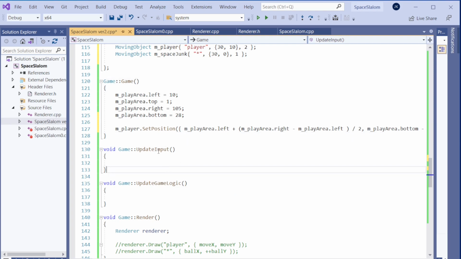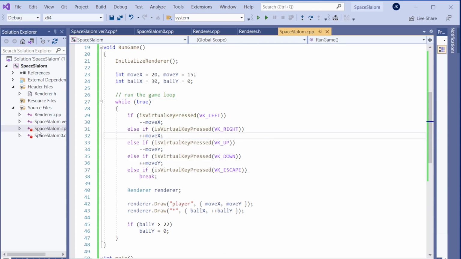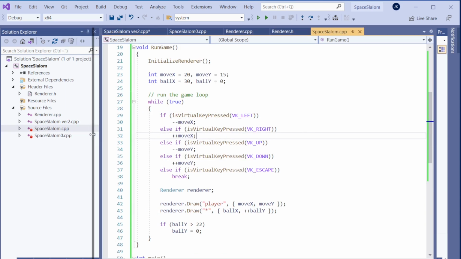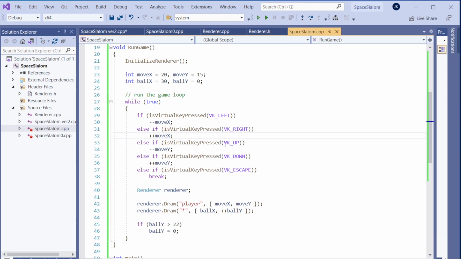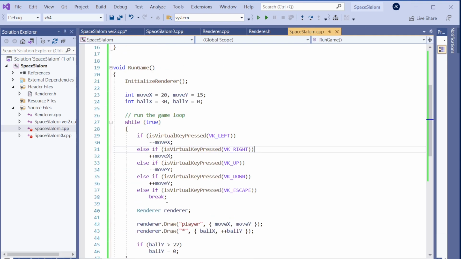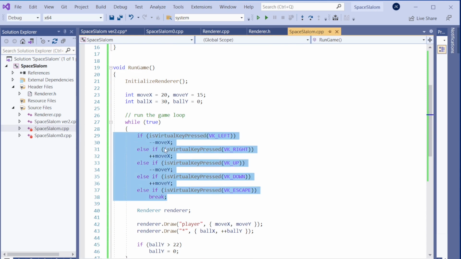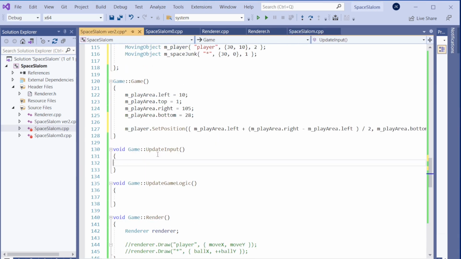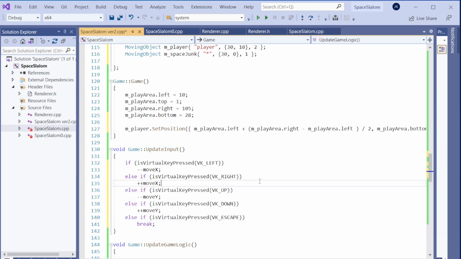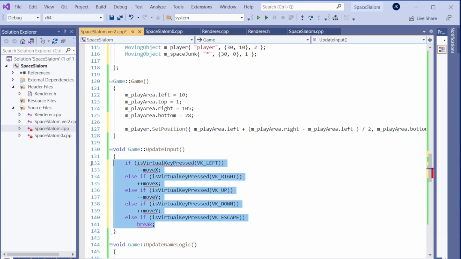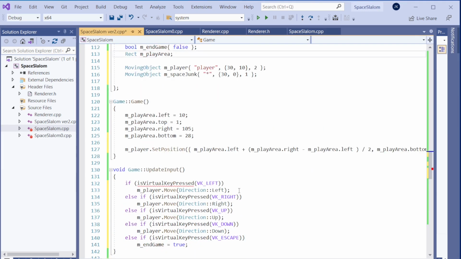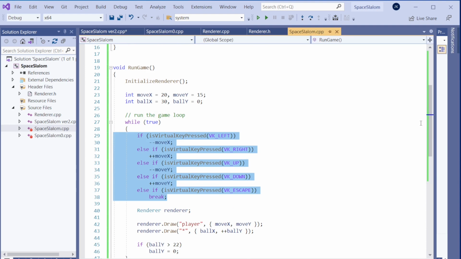And let's now do the update input. So the update input function is updating the keyboards. We are pressing the arrows, and it should update the player's position in this case. So I think this was the code we created in the last lesson. We can copy this code from here, the keyboard. So now it goes to the update input function, all of this. It will be similar now, but I'll put the version here missing. I didn't put it there yet. So I think if I go here and copy that